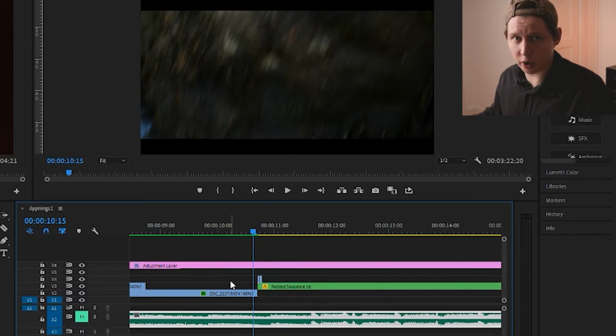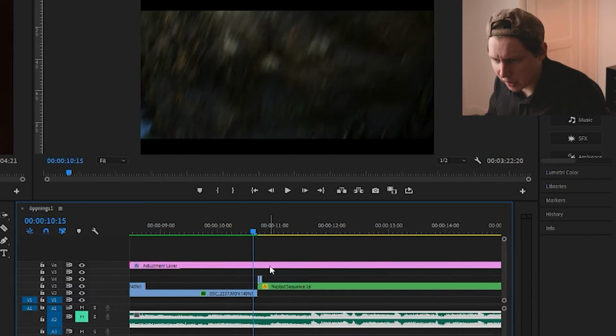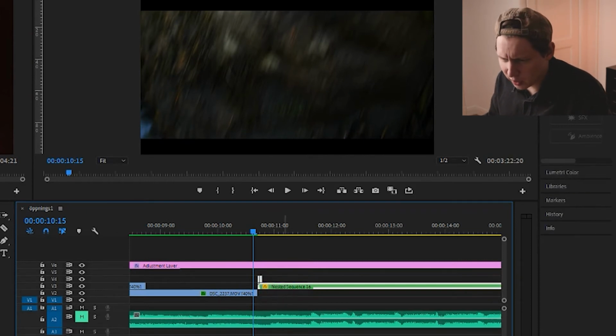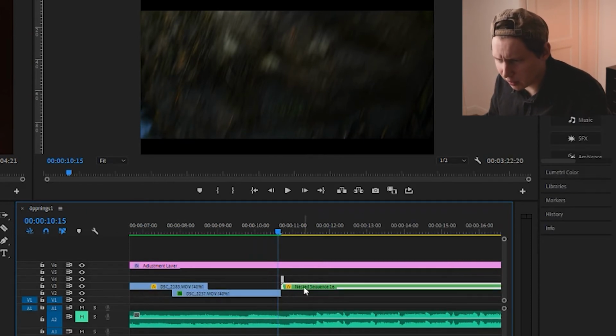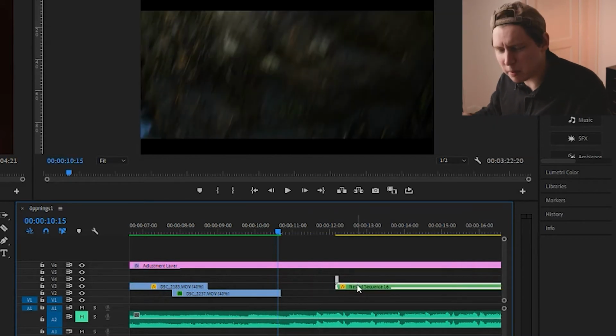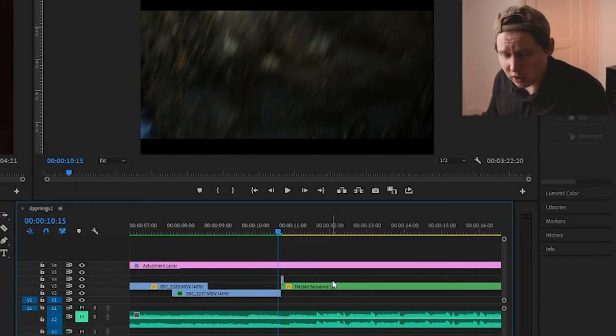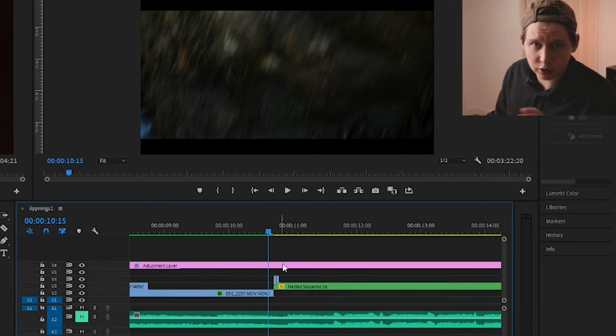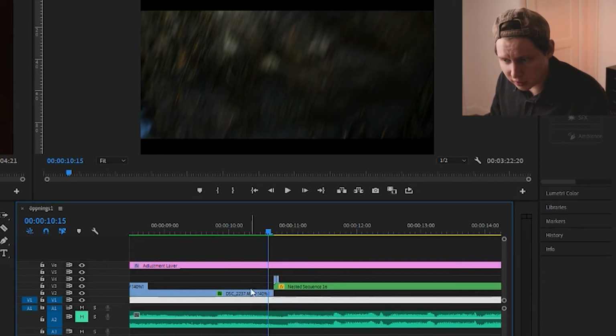What you could do, and what I see some people do, is they start to rearrange their timeline. So they select all the clips and drag them out. Maybe they miss a few clips, especially if you have a very messy timeline. This is not such a complicated timeline, but if you do have a messy timeline, you don't want to rearrange stuff. So what you want to do instead is go to the end of this clip